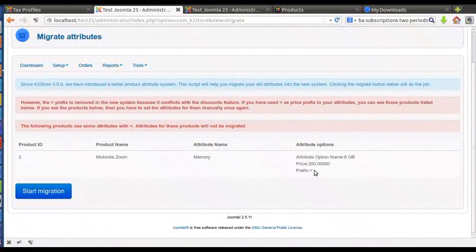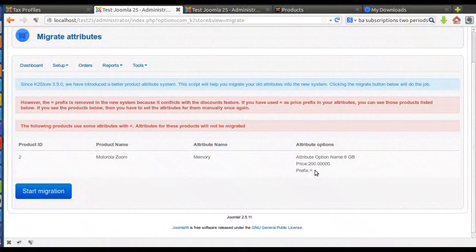Because when we use an equal to sign in the prefix, it conflicts with the quantity based discounts, which is another new feature we have introduced. So we have deprecated and removed this